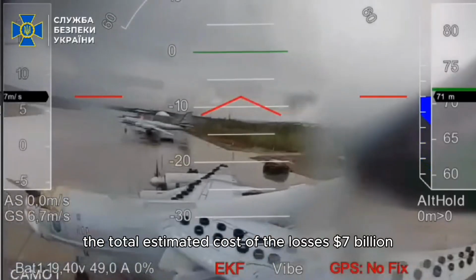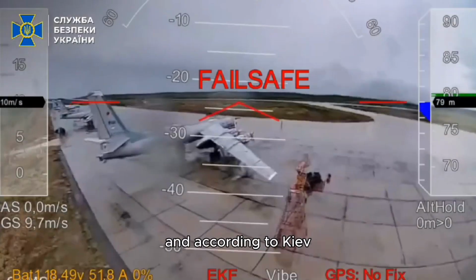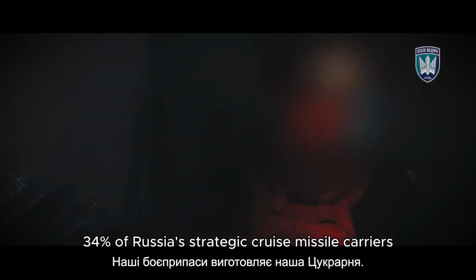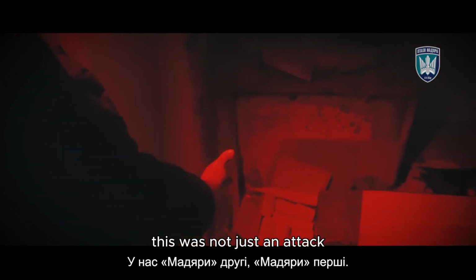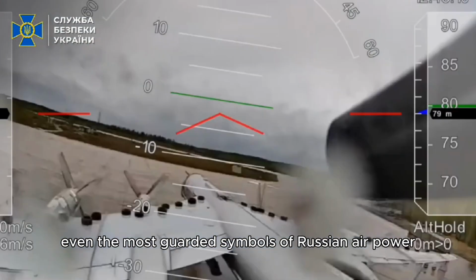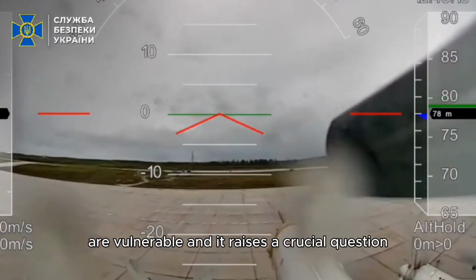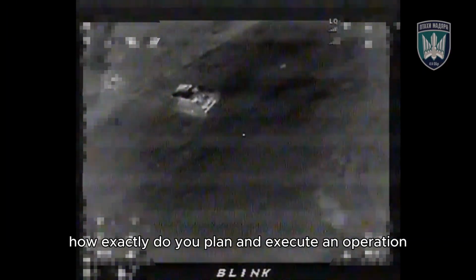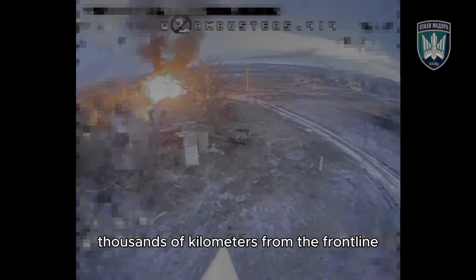bombers. The total estimated cost of the losses? $7 billion. And, according to Kyiv, 34% of Russia's strategic cruise missile carriers were hit in a single night. This was not just an attack, it was a message. Even the most guarded symbols of Russian air power are vulnerable. And it raises a crucial question. How exactly do you plan and execute an operation capable of striking strategic bombers thousands of kilometers from the front